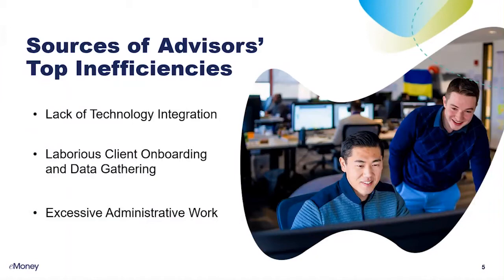Me and the rest of the team help identify those firm-wide issues and inefficiencies and try to help find solutions to fix them. In conversations with these firms, there are really three major inefficiencies that pop up time and time again. First, the lack of tech integration between different technology solutions really disrupts the flow of data between systems, obviously creating direct inefficiencies, forcing advisors and advisor teams to find workarounds for using their data from multiple different sources